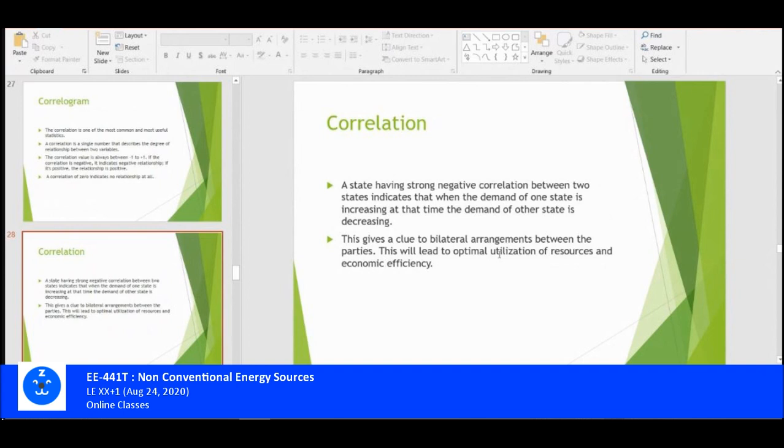So it is a kind of negative correlation. This gives a clue to bilateral arrangements between the parties. This will lead to optimal utilization of resources and economic efficiency. For example, Uttar Pradesh and Uttarakhand, at the onset of winter or autumn, the demand in UP somewhat reduces because